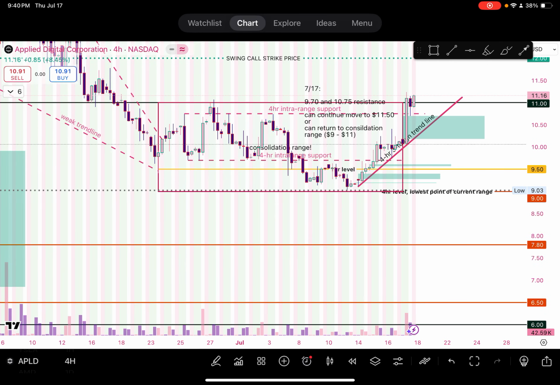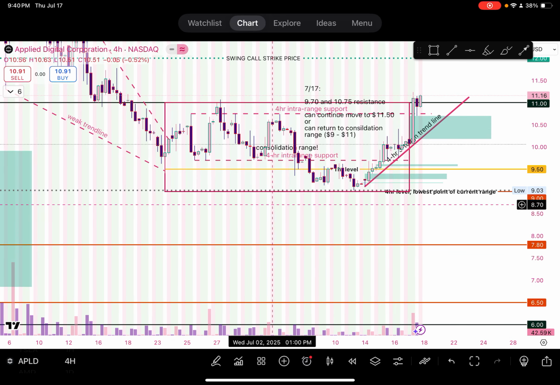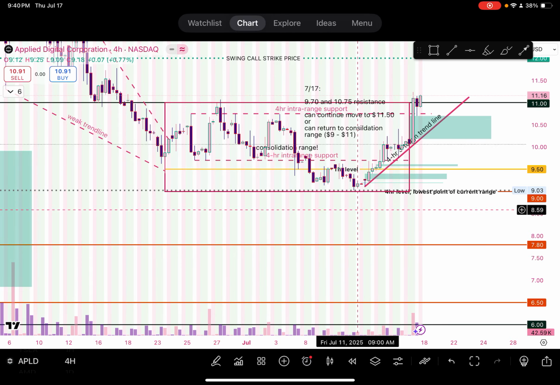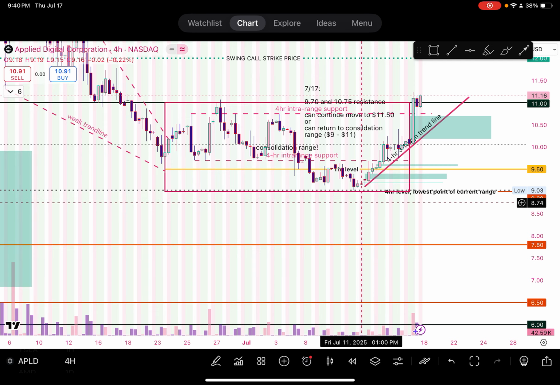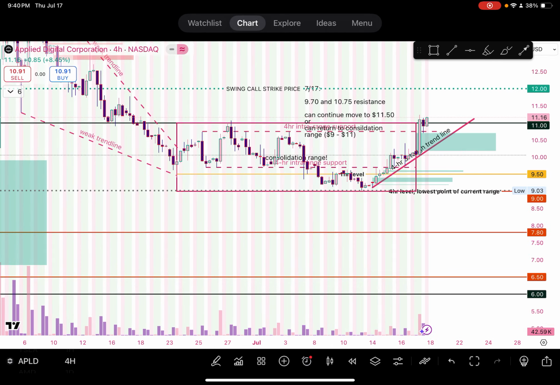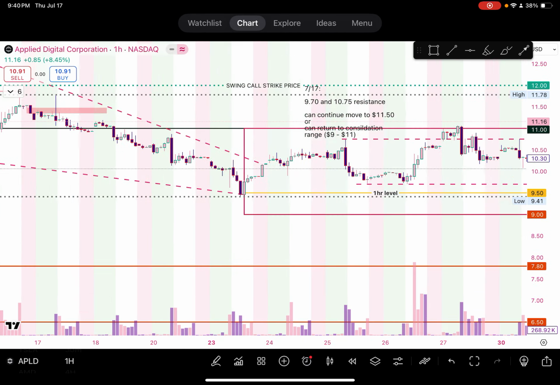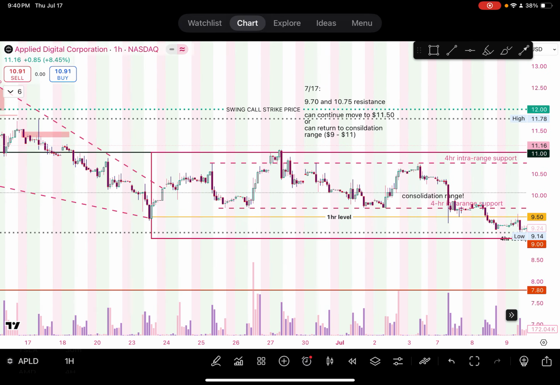We can see that it has served as support just once. It's just the lowest point of the current range, but we see it serve as support here at $9. But more importantly, we have been ranging between this $9 and $11. So if we come down to the 1-hour chart,